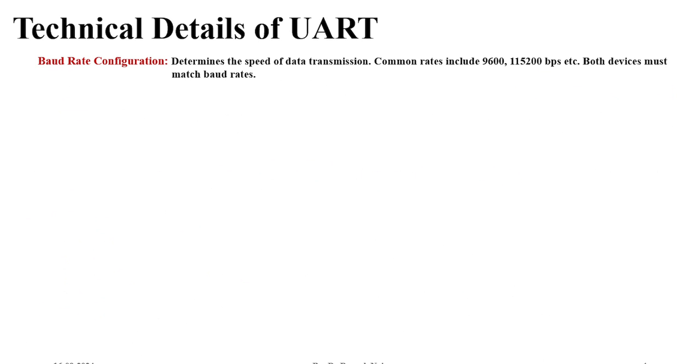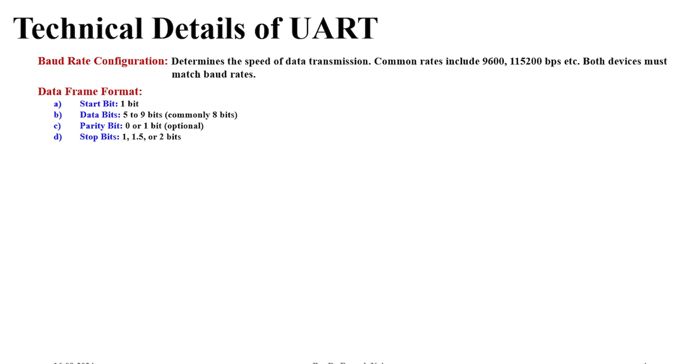Now let us talk about the technical details related to UART. Baud rate determines the speed of communication. Common baud rates include 9600 or 115200 BPS. Now, the data frame: like I said, the start bit is generally 1 bit long. Data bits can be 5 to 9 bits long, generally 7, 8 or 9 bits. The parity bit can be 0 or 1, it is optional, and the stop bit is generally 1 bit or 2 bits,